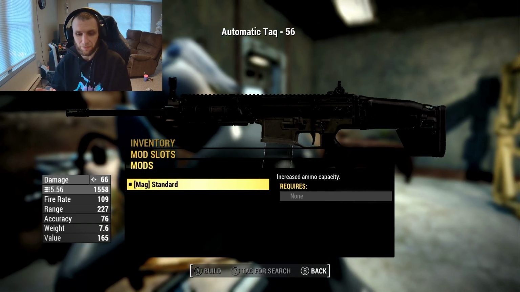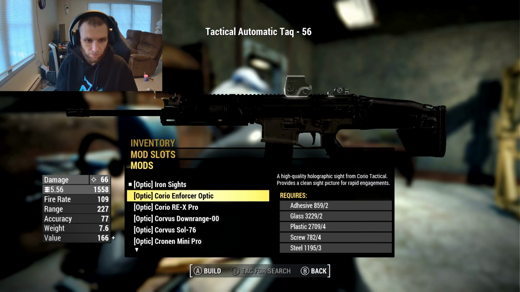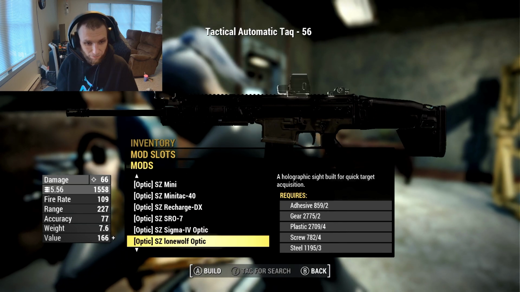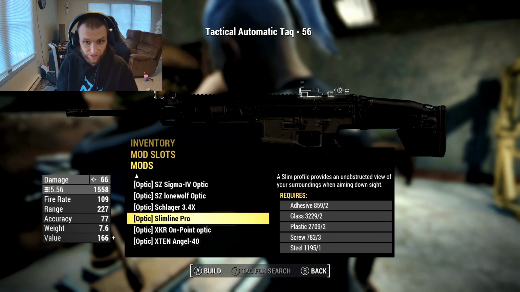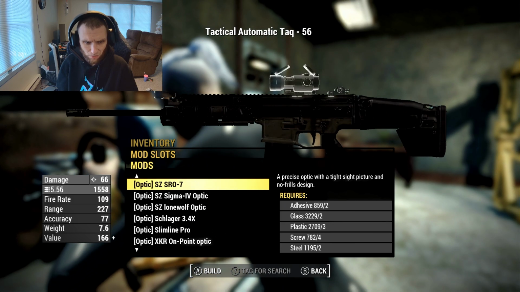In Call of Duty, you can get big 40-round mags, or even like a 50-round mag or something like that even. We do get all the cool little sights though, which is important because that's one of the best things that Call of Duty has, like a bazillion sights. The Slimline Pro is kind of my particular preference towards that,